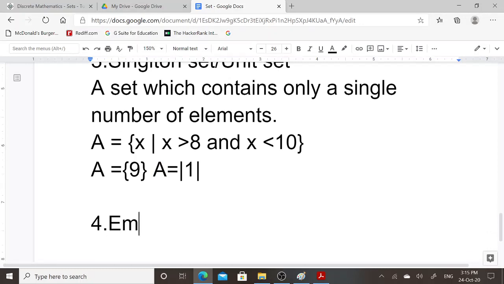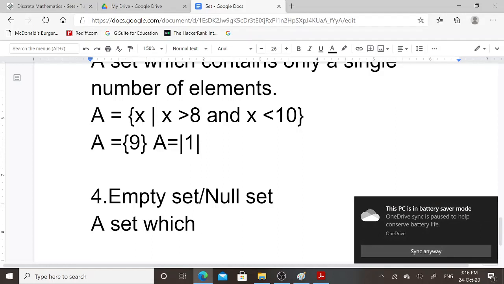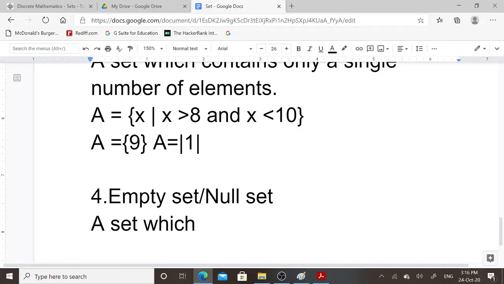Next type of set is empty set, also known as null set. What is empty set or null set? A set which contains no elements.